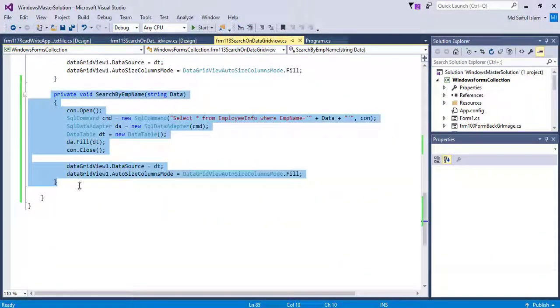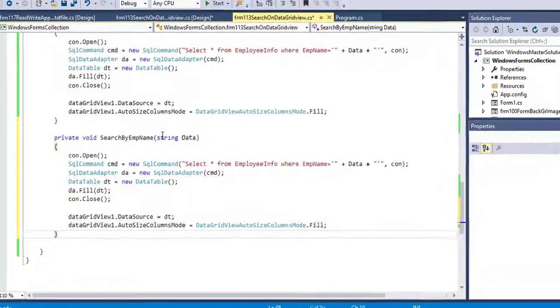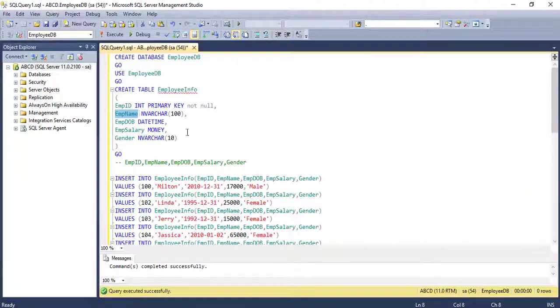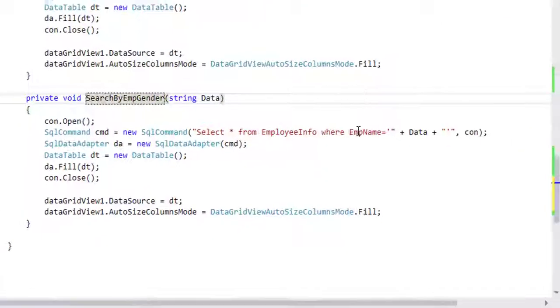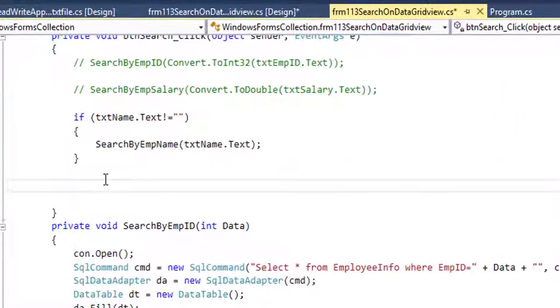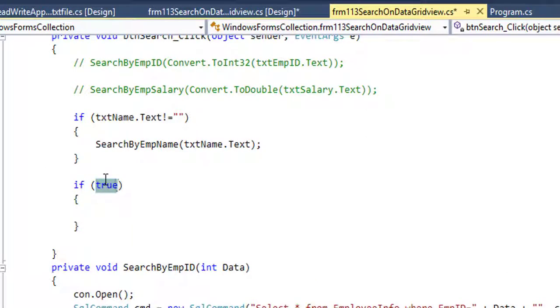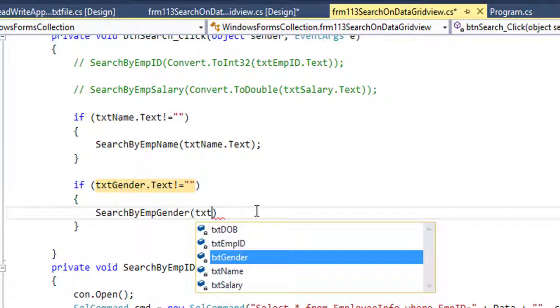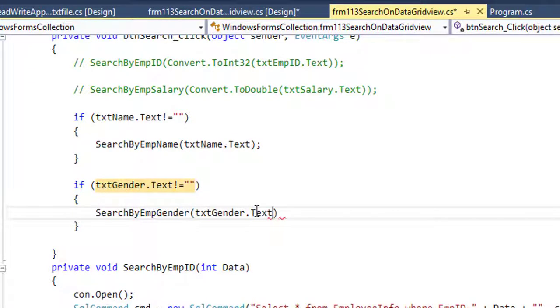Now I will create another method to search by emp gender. This is also string type, so I have to change the method name gender. Here I will set the column name. Let's call the method, if txt gender dot text not equal to empty, txt gender dot text.